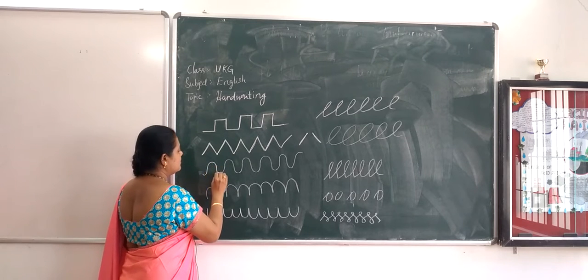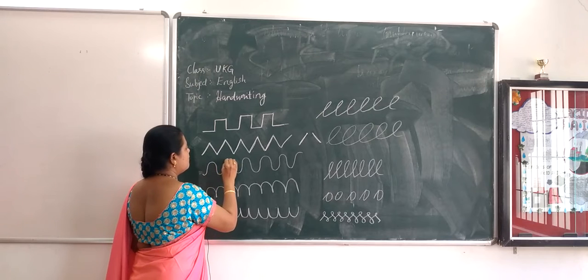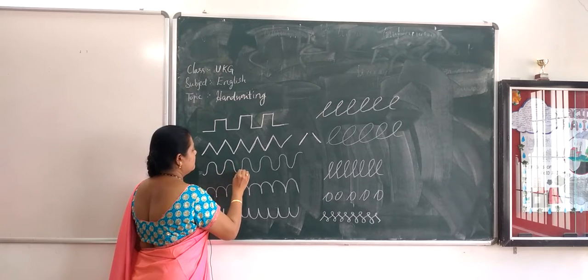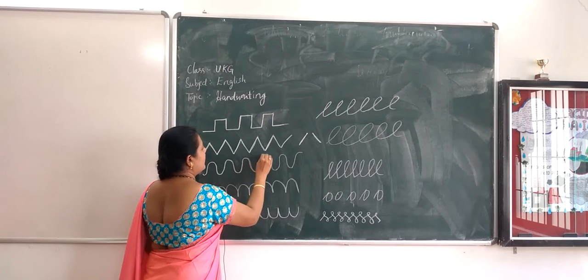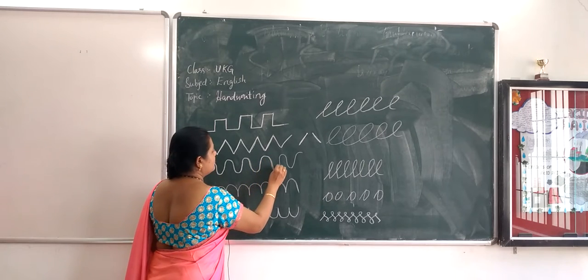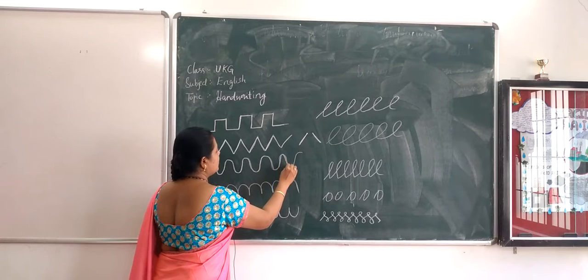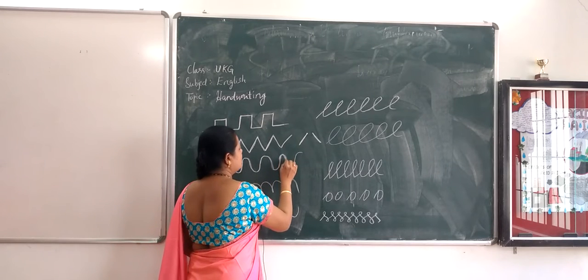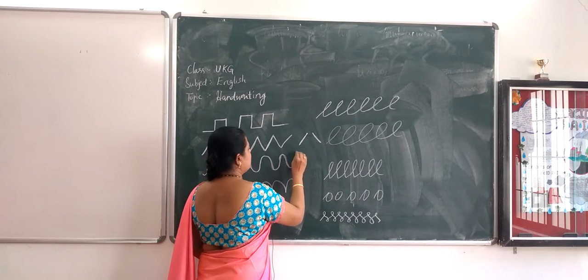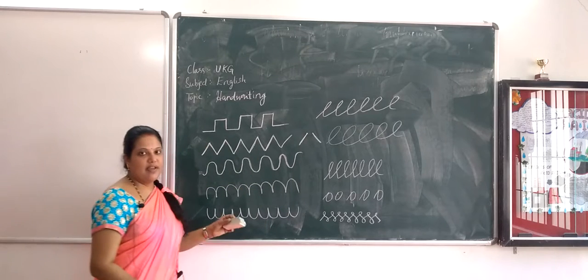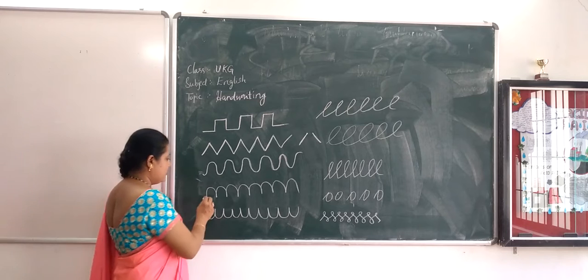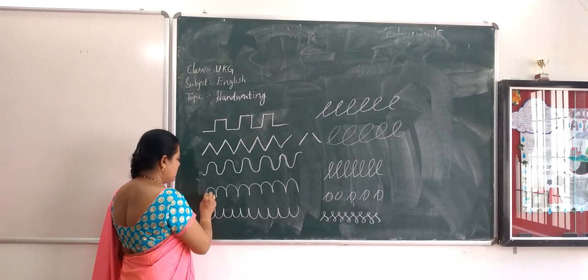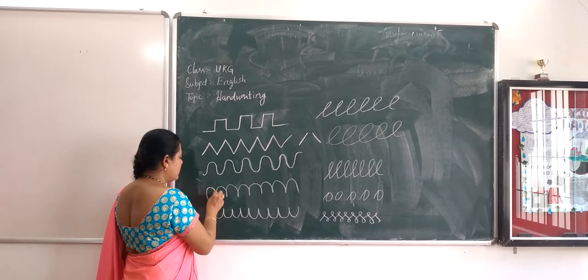See how it is? It is a curve formation. See, climbing up, down, climbing up and down. This is something like a mountain, right? Or a hill. How is a hill? In a similar way you can find them here. See the next one. This is a curve. What curve is it?